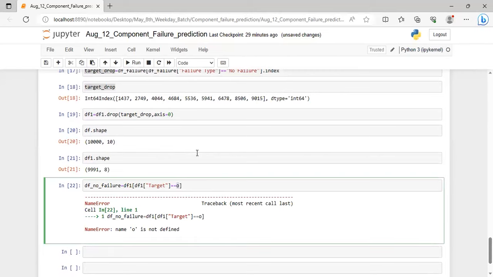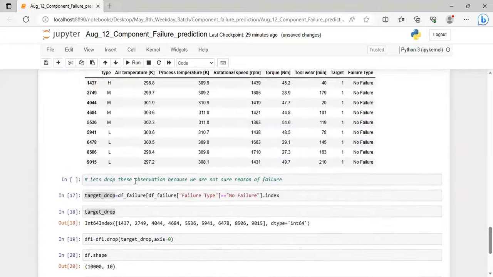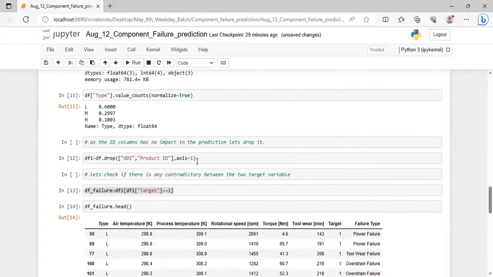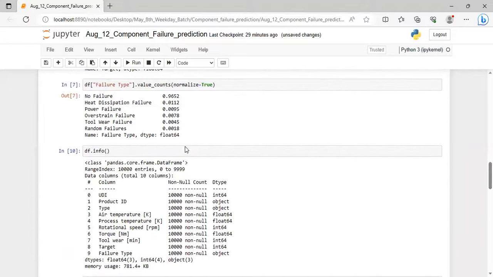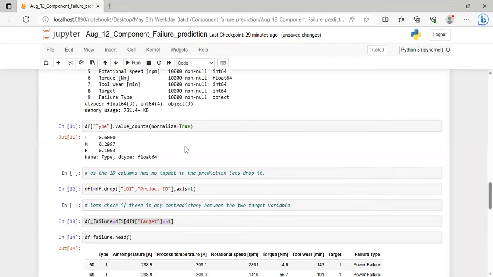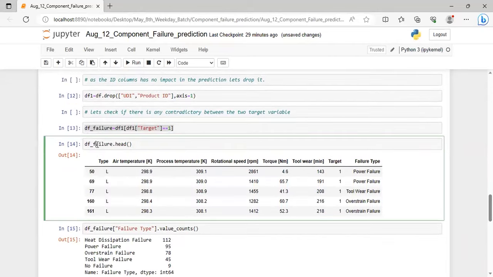Okay, I'm writing here 0. Oh, I have written O. This is 0. All fine. Then the same line of code we'll use. Equal to this. If you want to check no failure head,